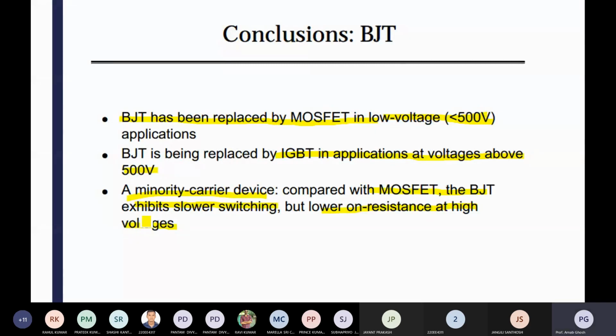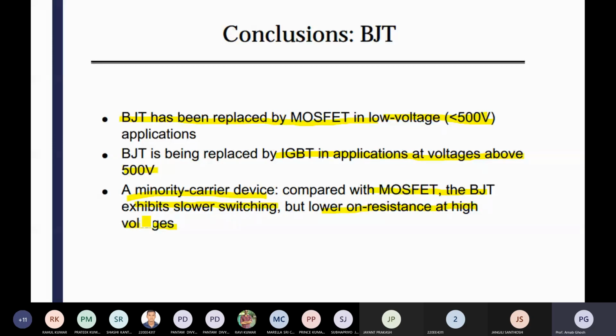The next one is the IGBT, the insulated gate bipolar transistor. Junction is not there, so it is a transistor. With minority carrier injection, it is again an example of a minority carrier device. Emitter and collector are both there, but only one gate, so it is voltage driven but a current control device.